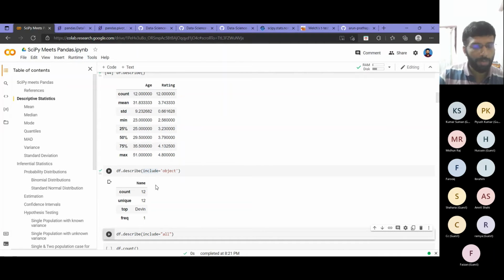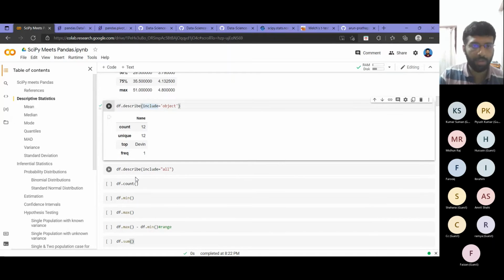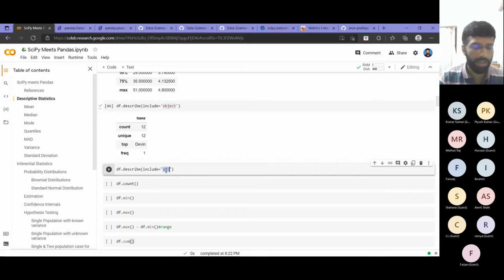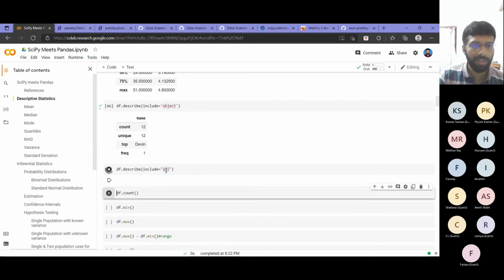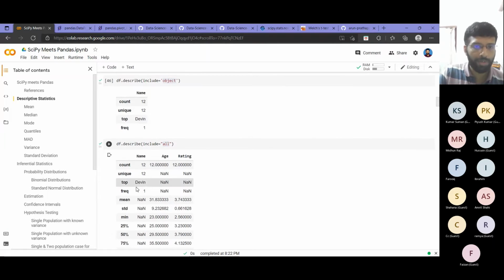Okay, so suppose you want to merge everything together and you want statistics for your numerical data similar to this, as well as your categorical data similar to this. Instead of object here, you can pass the argument all. If you pass all, you will get a merging of these two. As you can see, first things are here, then whatever is not valid there came as not a number.